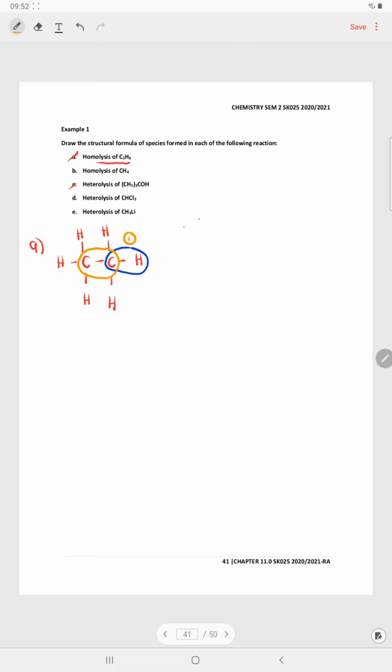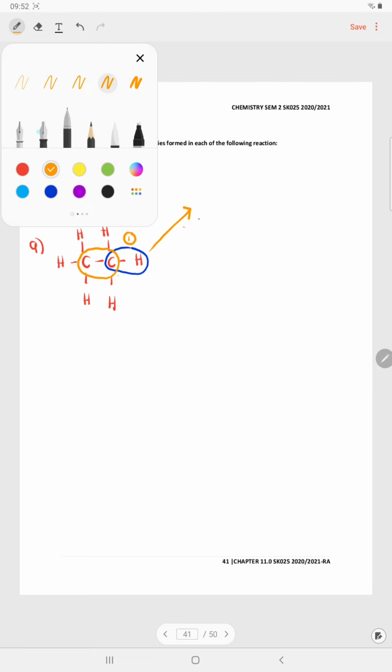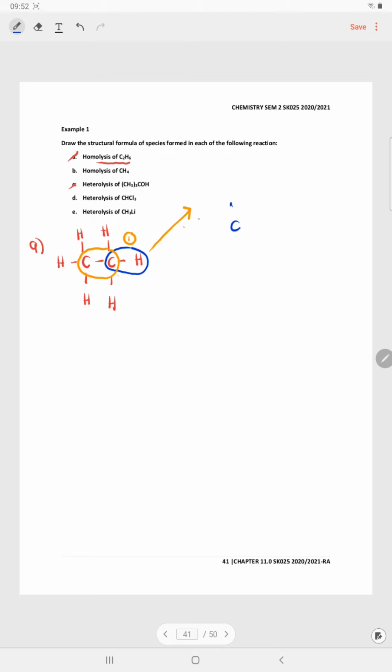If the cleavage occurs at carbon and hydrogen, we must show the cleavage and the product that can be formed. Half-headed arrows go to the first carbon and the second to the hydrogen. So the final product is an unpaired electron on carbon plus an unpaired electron on the hydrogen. So this is our first structure.